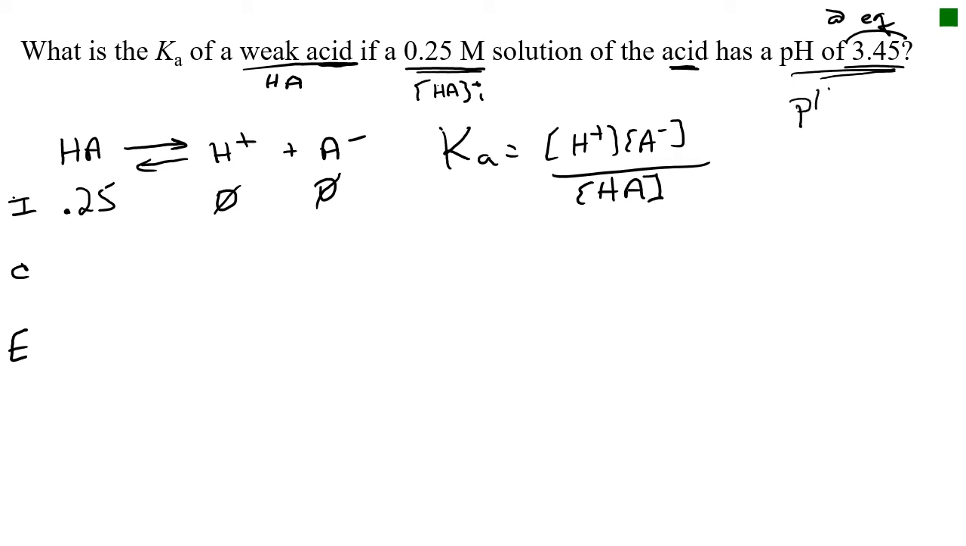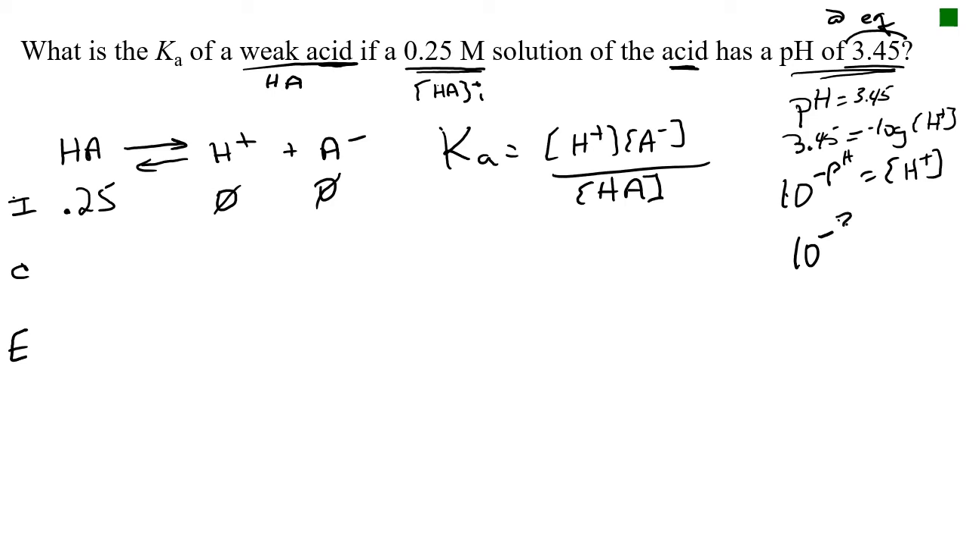We know that the pH here is 3.45, and we know that this 3.45 is equal to the minus base 10 log of the H plus. Well, we can get rid of the log by taking 10 to both sides. So if we do that, we get that 10 to the minus pH is equal to the concentration of H plus, or 10 to the minus 3.45 here at equilibrium is equal to the concentration of the H plus. Well, that's just a number, and we can plug that into our calculator, and when we do that, we're going to get